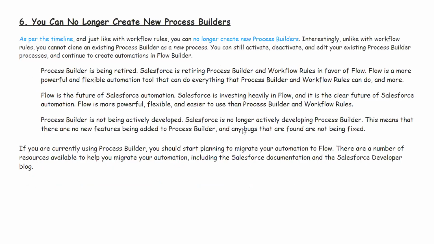Okay. You can no longer create new process builders. Before, we were able to create process builders. Now, as per time limit and just like workflow rules, you can no longer create new process builders. You even cannot clone the existing process builders as a new process. You can still activate or deactivate and edit your existing process builders